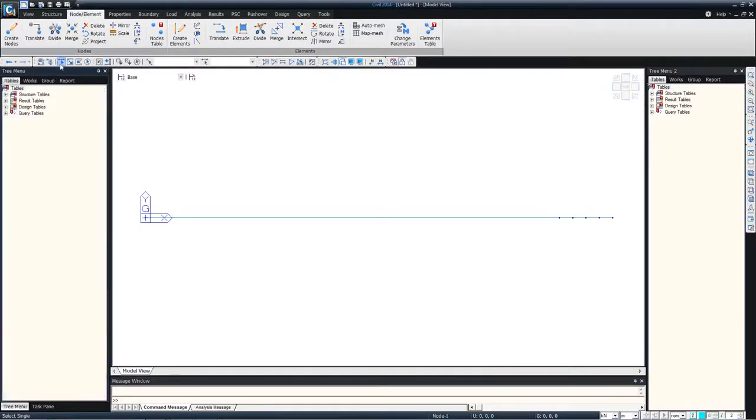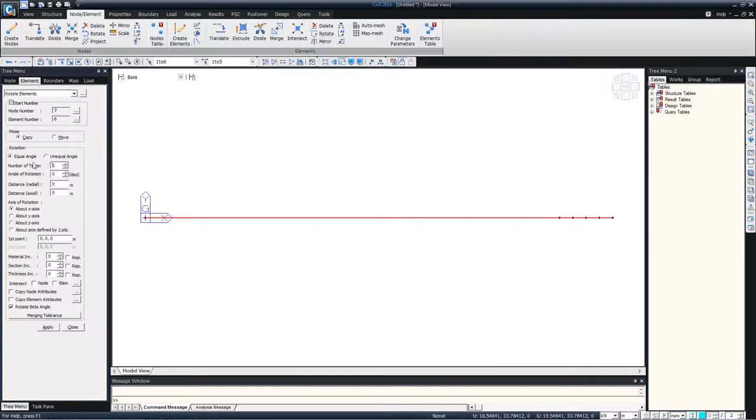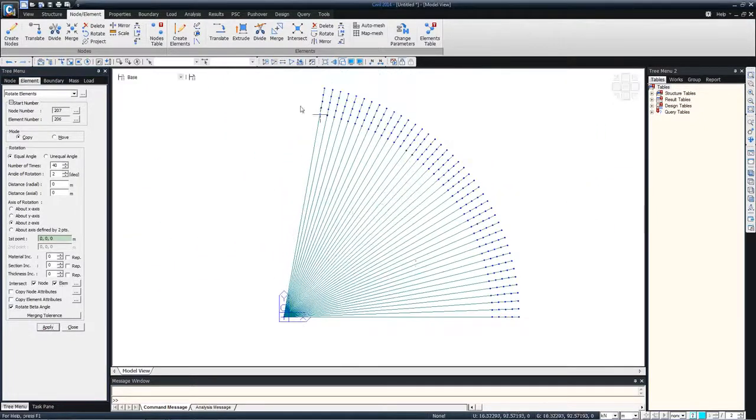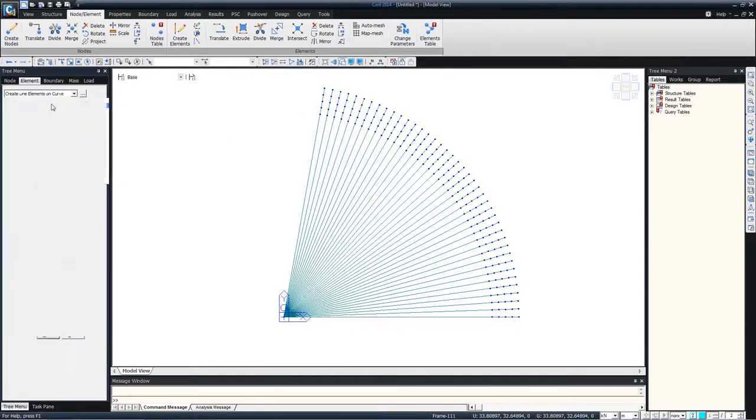Now we'll rotate these set of elements at equal intervals. So go to rotate elements and copy number of times, say 40 times at 2-degree increments, and that's the axis of rotation, and apply. So we have got the relevant points for the curvature, and then we just use the arc method,